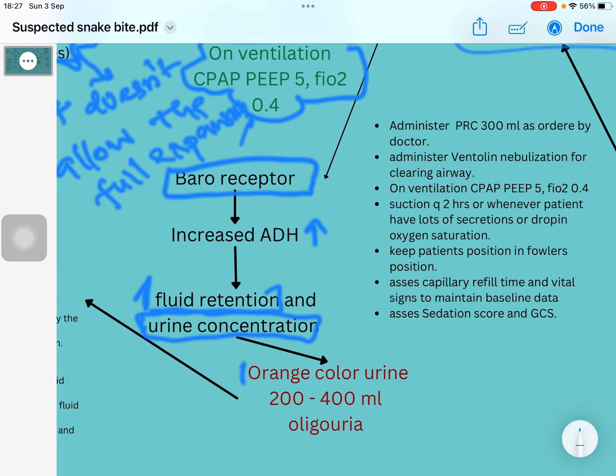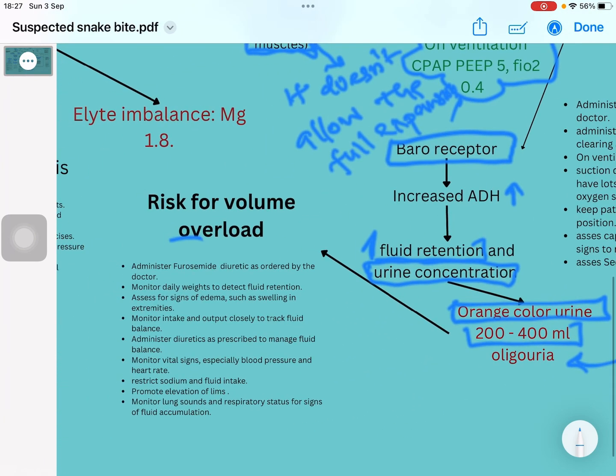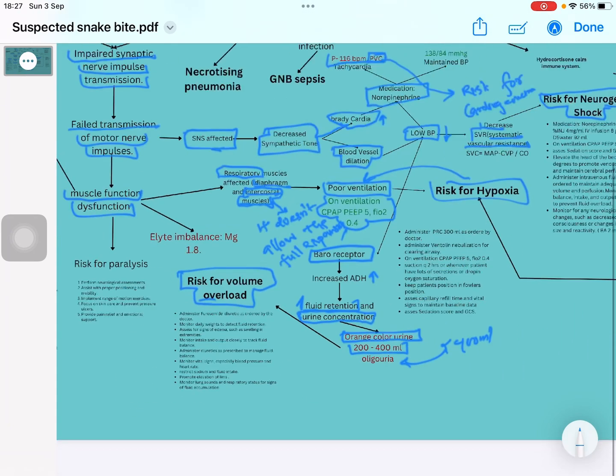So that's why my patient has orange-colored urine with 200 to 400 ml. Less than 400 ml, we say oliguria. So due to this, we have risk for volume overload. My patient has risk for volume overload, and